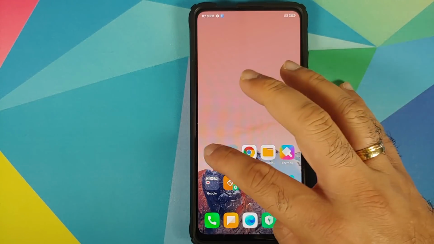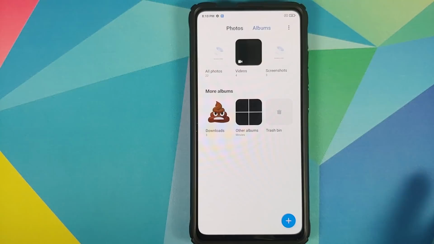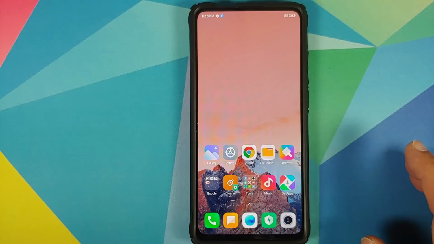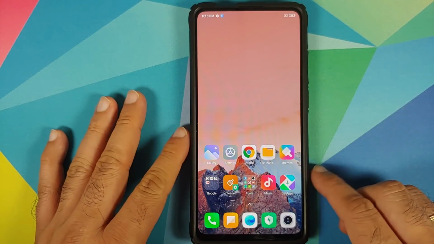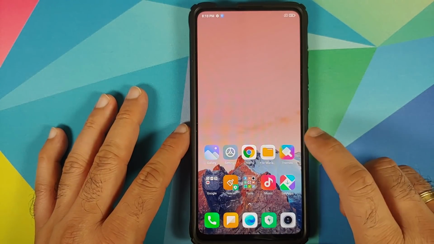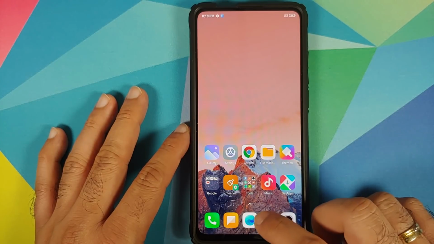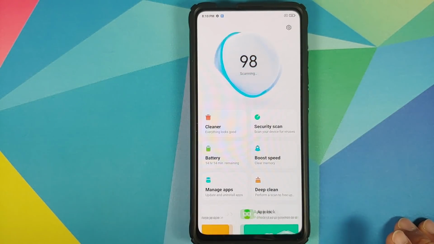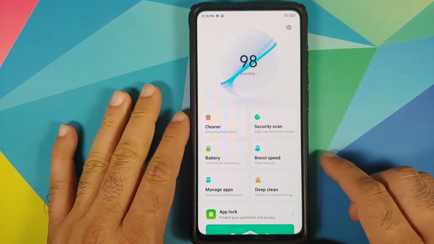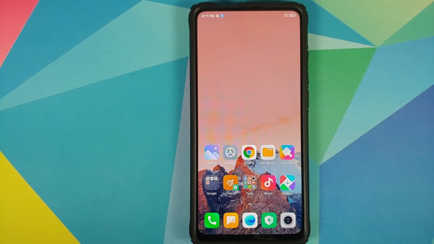Next up, we can go into the gallery application, and this is again the half-baked gallery application. It does not have the memories tab with the video editor, which is supposed to be baked in with the full-fledged gallery. Open the file manager, you still have the old file manager. We already talked about the fact that the themes app is also the old one, and you do have a security application, which is the rage on the internet these days, with everybody asking whether it actually has something to do with security or it is the other way around.